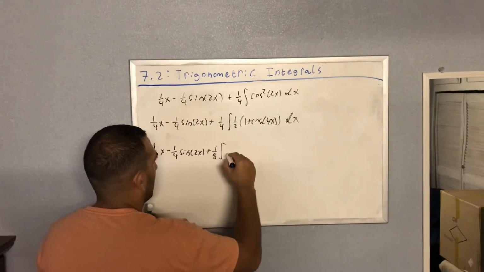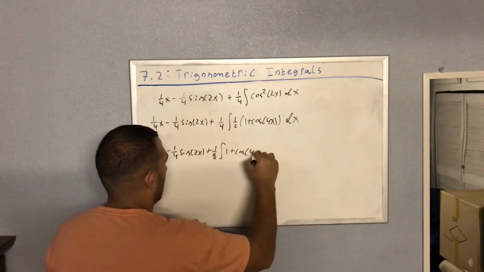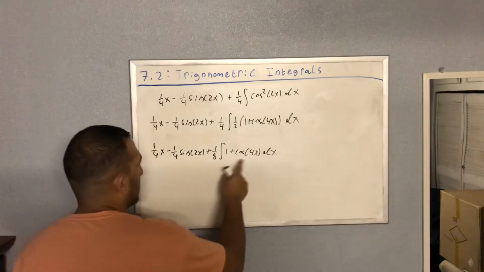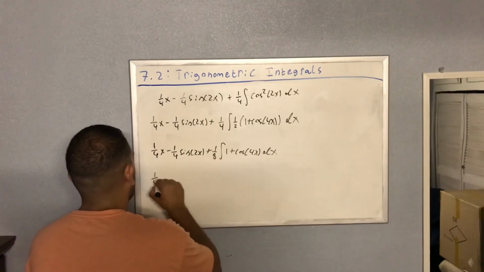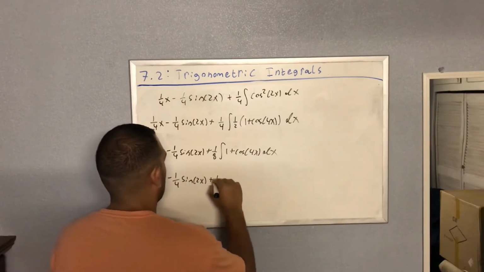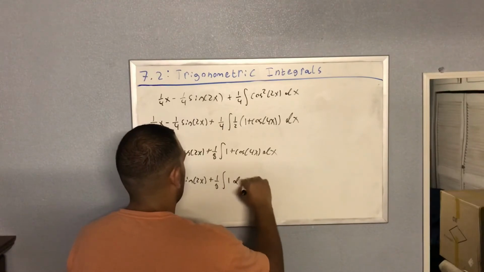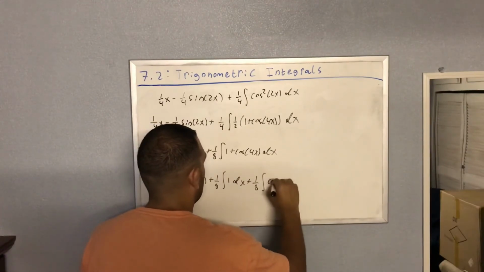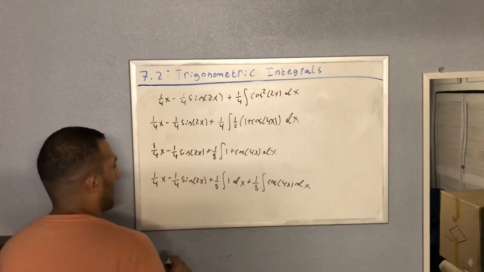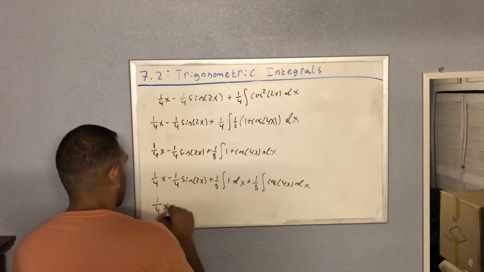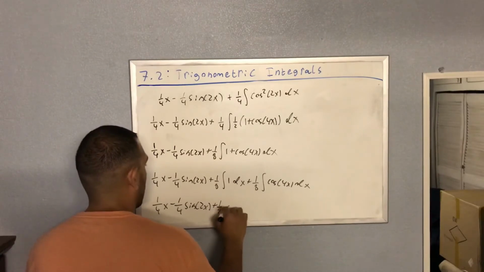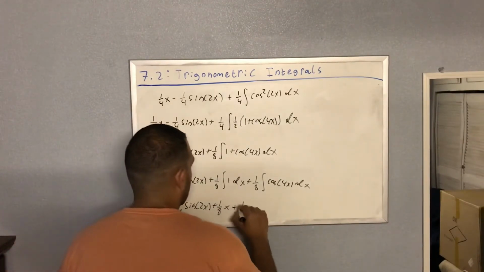And then it'll be integral, and then again, we can split this integral into 2 pieces. So 1/8 integral of just 1 plus 1/8 integral cosine of 4x. Okay, this one we know how to do. Not bad, it's just x. So we get 1/4 x minus 1/4 sine 2x plus 1/8 x plus 1/8 times,